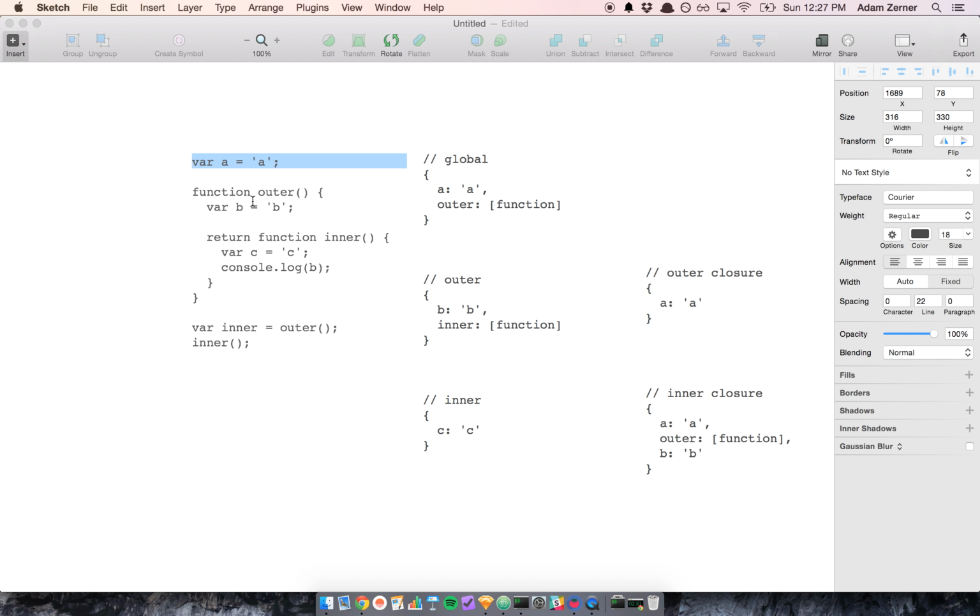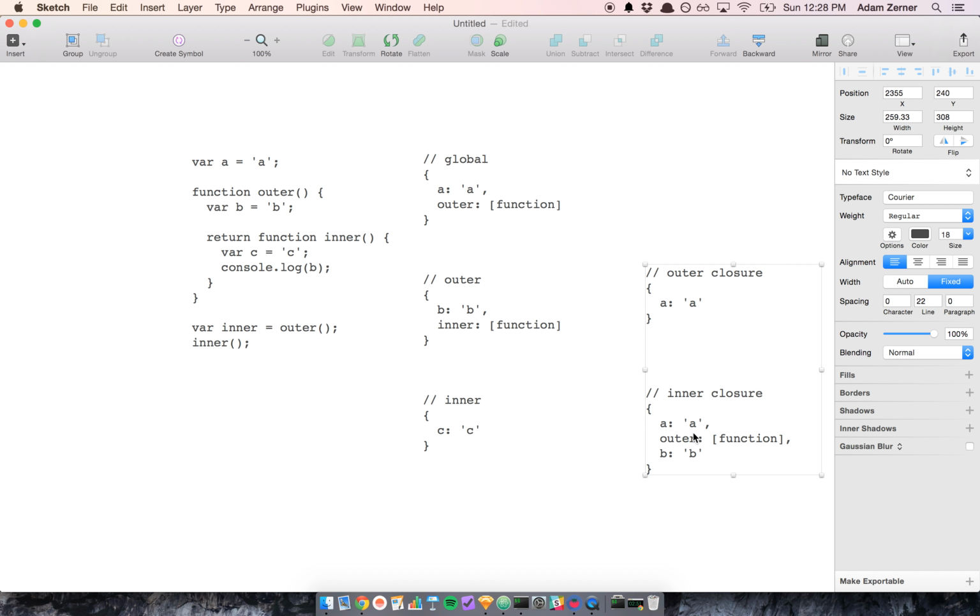So let's start off with the call to outer. The call to outer creates this scope, creates this closure, and the call to outer returns this inner function. And so inner is equal to this inner function. And when we call inner,